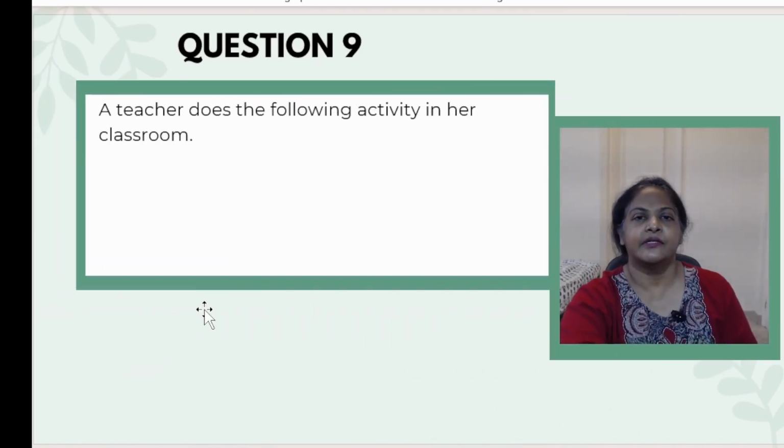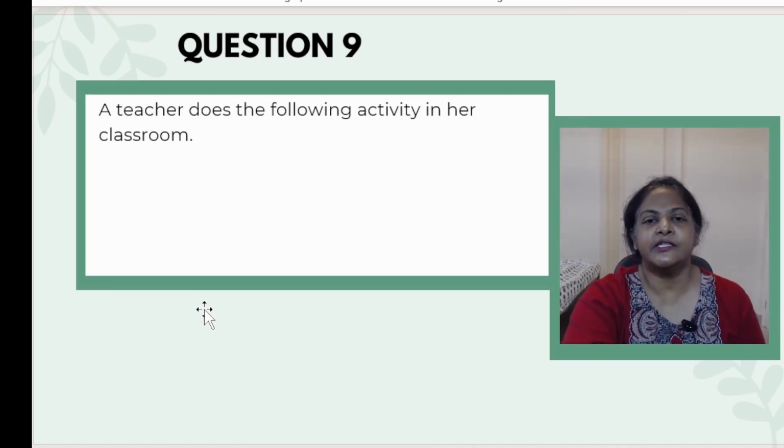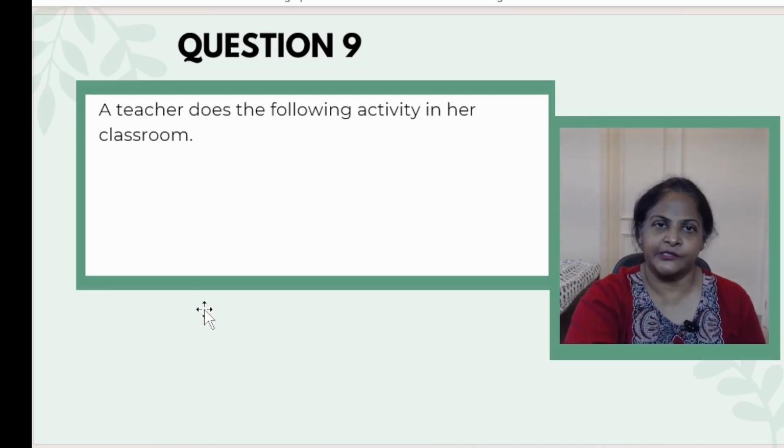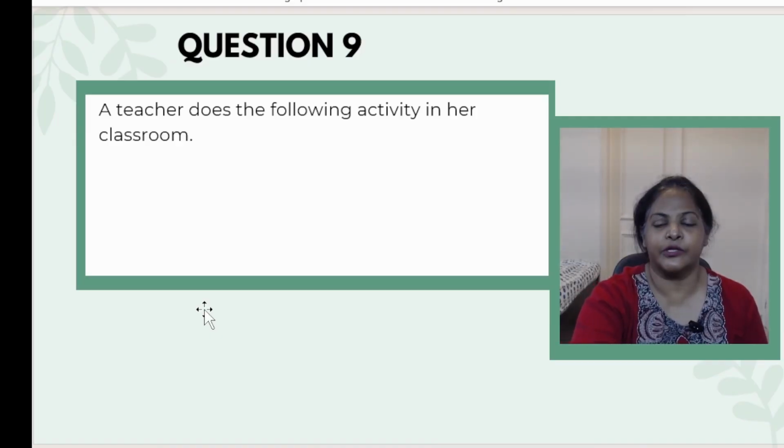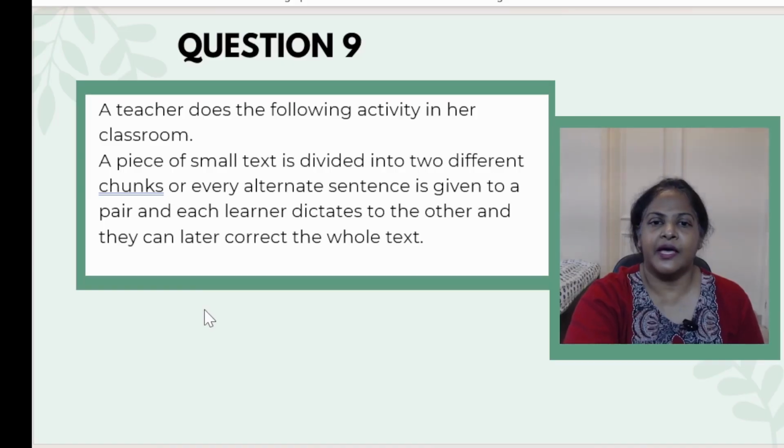Question 9 is a long question, so I've divided it into 3 parts. A teacher does the following activity in her classroom. So we are being told what is the teacher doing. A classroom situation is being given to us. A piece of small text is divided into 2 different chunks, or every alternate sentence is given to a pair, and each learner